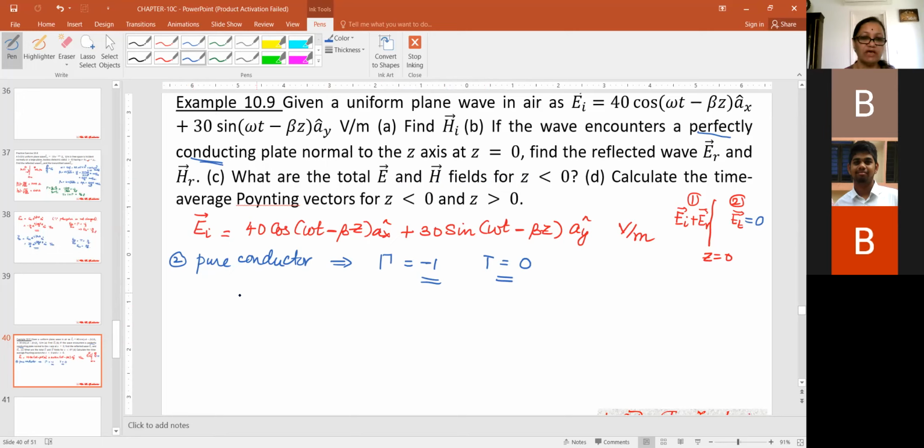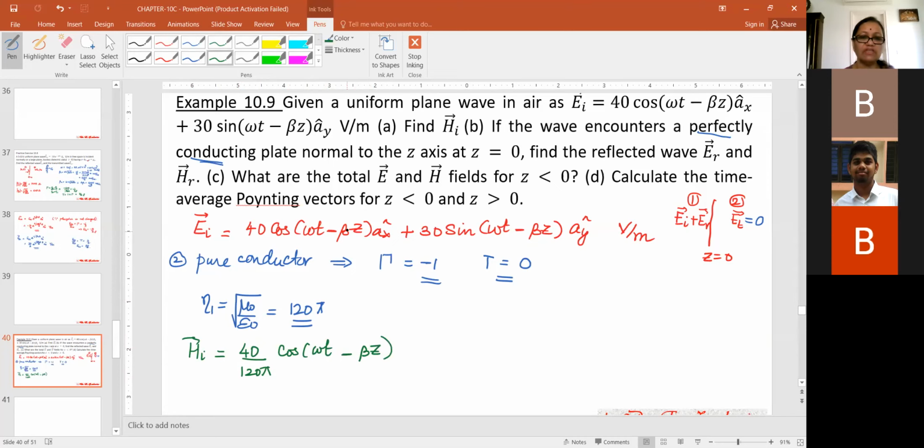Okay, so now let's start doing our HI. To find HI, what do I need? I need my eta 1. So what is eta 1? Okay, next, what do I do? Write my HI. H incident will be equal to HI naught. HI naught will be 40 divided by eta 1, in the exam please don't write like this, write the step also: EI naught divided by eta 1. Okay, next, cosine of omega t minus beta z. Nothing is given about beta, so let's write it as beta z.